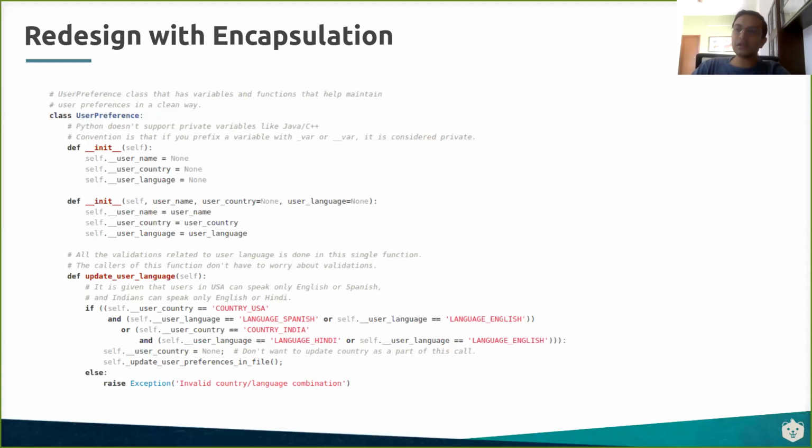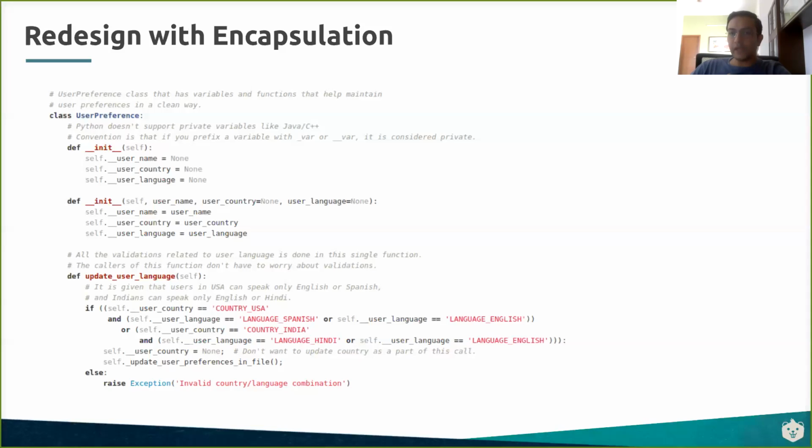So now we start thinking about it, see that there is a root cause, and we say, okay, now we'll redesign this with encapsulation. What is encapsulation? Why are we even thinking about encapsulation here? As we spoke about it, user preference being in one place, having its own methods, and being in control of itself is encapsulation.